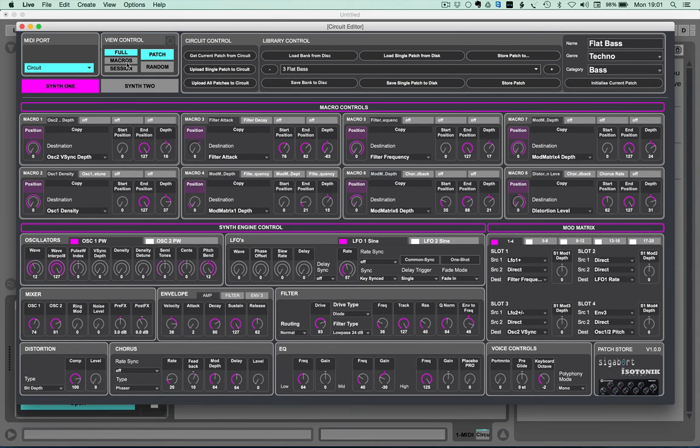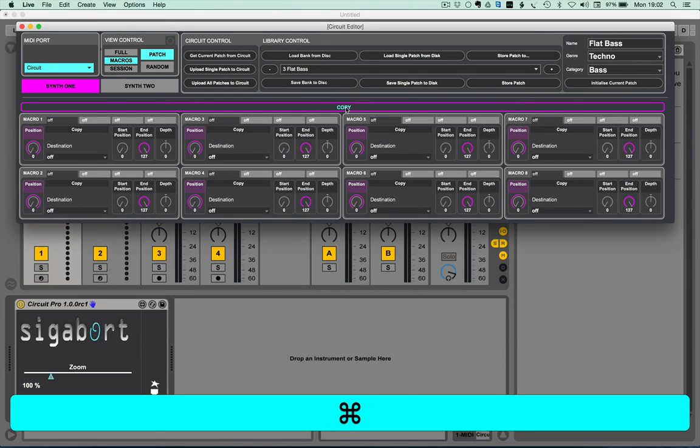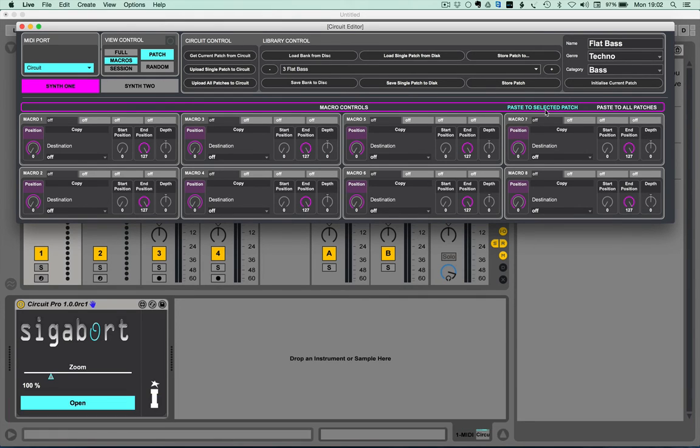You'll be aware of the macro view. What we've done in here this time is we've now offered you the option of copying and perhaps pasting an individual macro to another slot position, or indeed copying and pasting to all of the positions. Now that might be strange, but it also allows us the ability with our macro control hover over to reset the macros to 0. And pressing Command allows us to copy those, and we can either paste that,